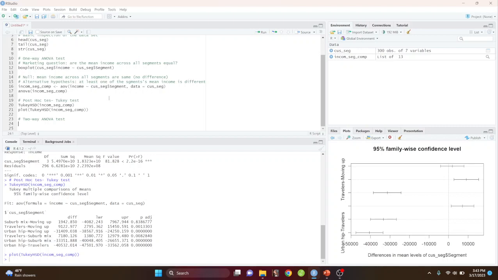Let's fit a model first using the AOV function. So I'm going to say AOV. Let's fit income as our response variable, tilde, and let's determine what our two independent variables should be. Let's do segments